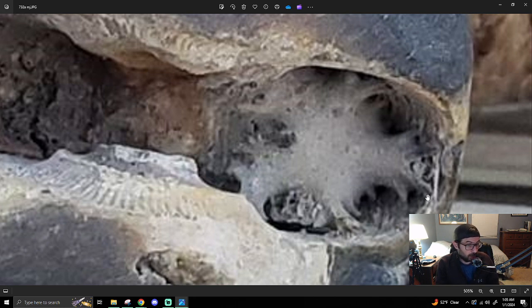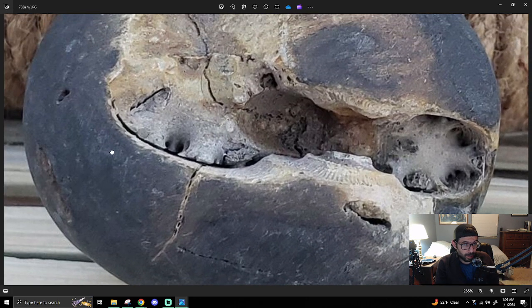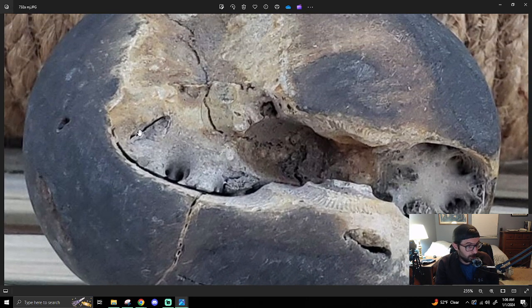It creates channels that then create this shape, and that's happening on both sides, which points to it not doing it sequentially and doing it all at once, which would mean there's